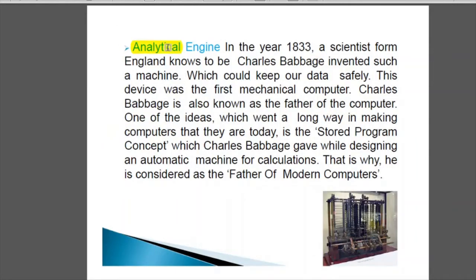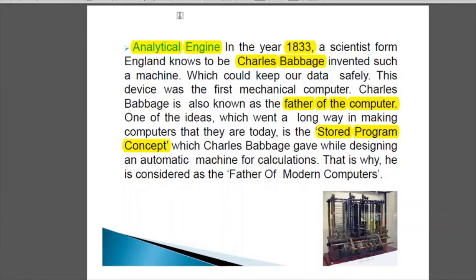Then we have the analytical engine. The analytical engine was developed in 1833 by Charles Babbage. You all have heard of Charles Babbage. He is considered the father of the computer, right? One of the ideas which went a long way in making computers what they are today is the stored program concept. So we all know Charles Babbage